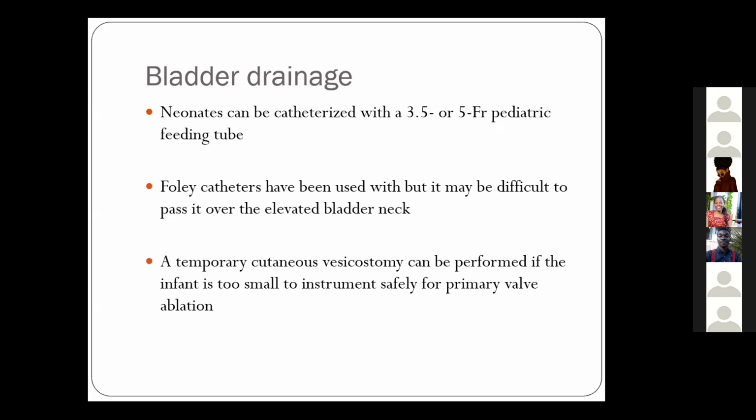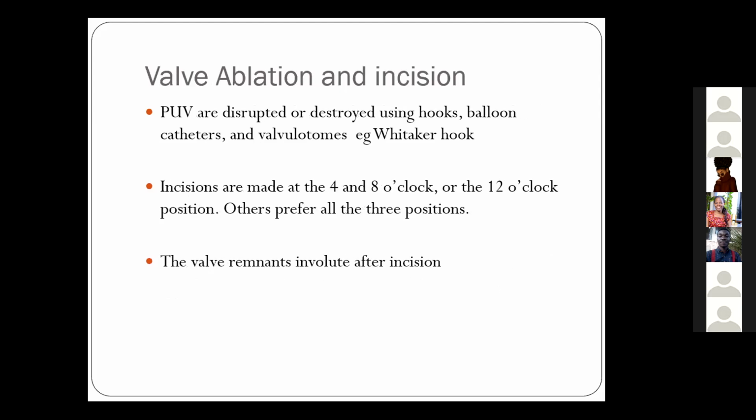So neonates can be catheterized with the pediatric feeding tube, but like we said, a vesicostomy can be performed if the infant is too small for the instruments to pass, for you to do primary valve ablation. And of course, Foley's catheters are used, but it may be difficult to pass them over an elevated bladder neck. So we've said the definitive treatment is valve ablation